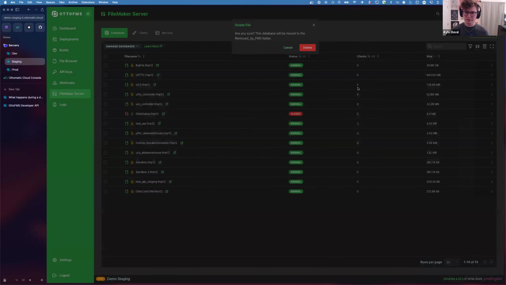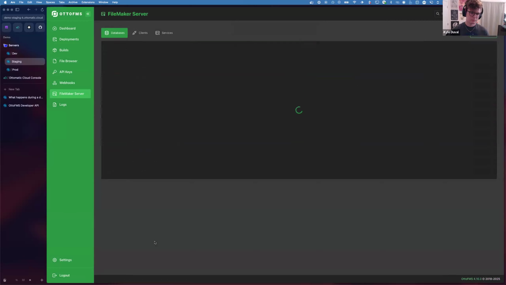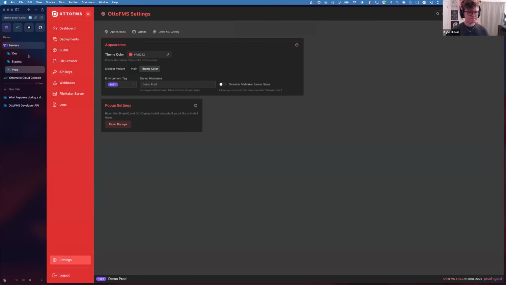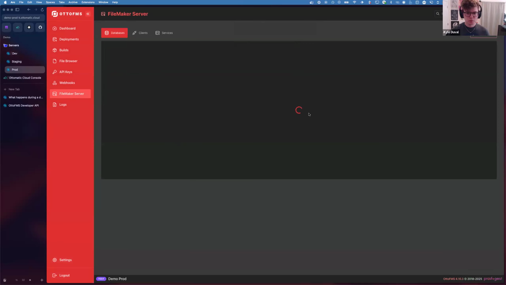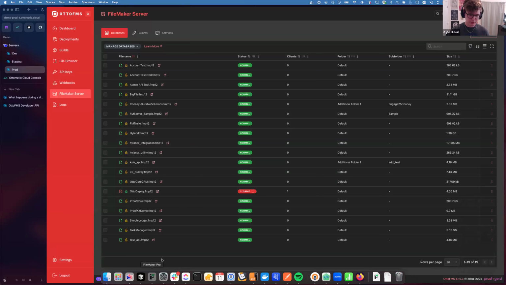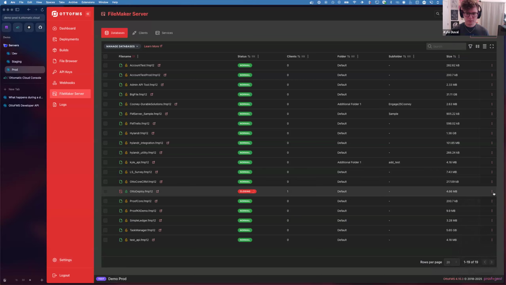So let's just demonstrate something really fast. This is my staging server. This will take a second to delete probably. Go away. Server's being slow. Very slow. Interesting. Okay, we'll try it on this server. Close this file, which will yell at me because I have it open. Oh, goodness. And then I will delete it.